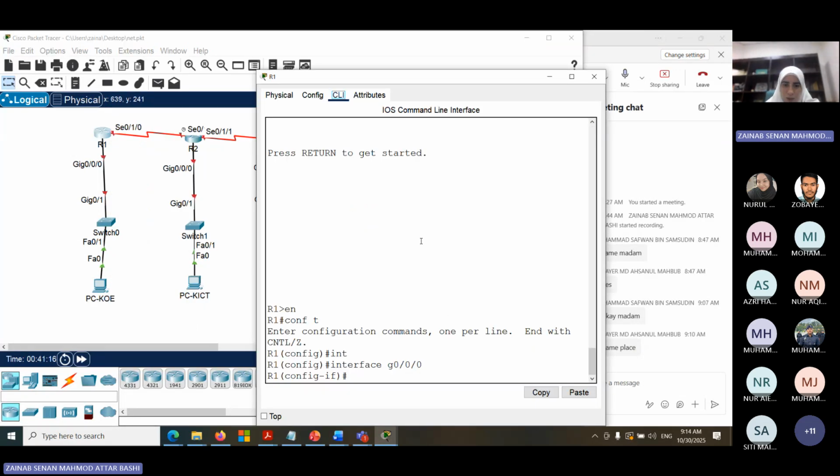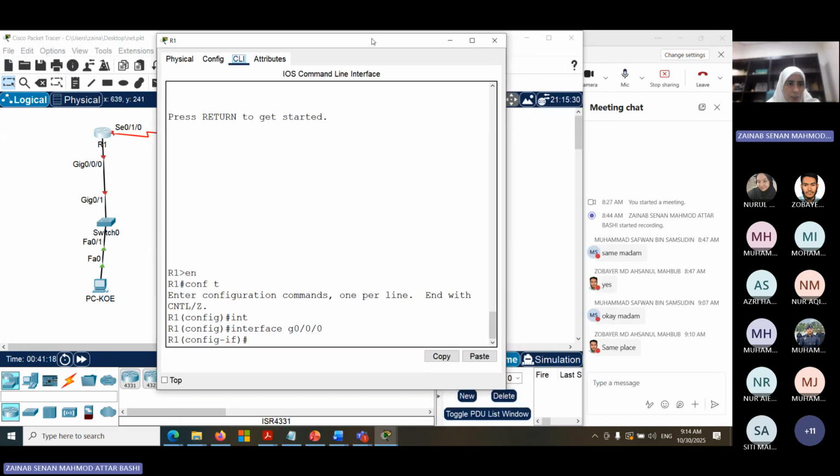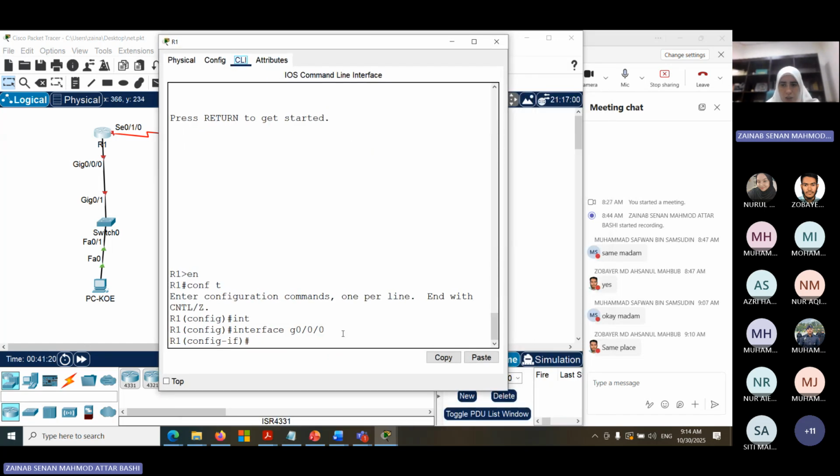Okay, so I'm in router 1. Because mine is G000, I write G000. Now you see I'm in the new interface configuration mode. What I want to do here is put the IP address for the gateway. So just type IP address, or for short, we can type IP ADD. I don't have to write it all. IP address